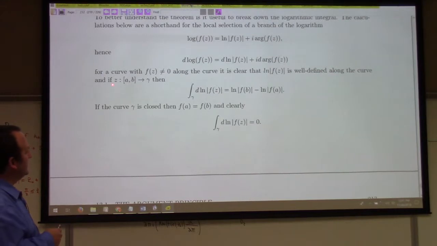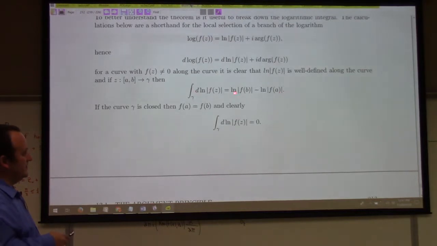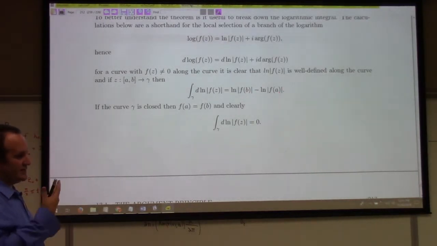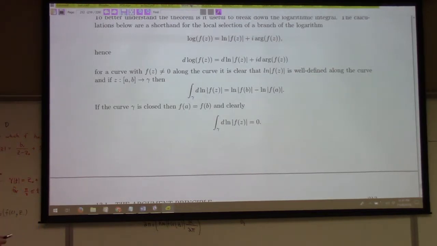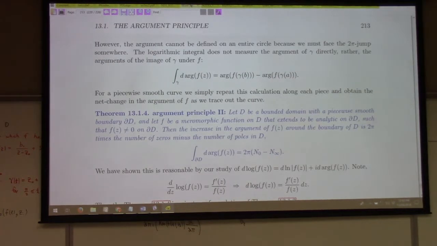And so here, if the curve is parametrized from a to b, mapping to gamma, then the differential of the natural log of this is just natural log of that. I mean, we can just do, going back to our initial thoughts about integrals, right? So we have that. And so if the curve is closed, this just goes to 0. It's not interesting, is my point. On the other hand, the argument piece, well, that's rather different, right? So the integral around gamma